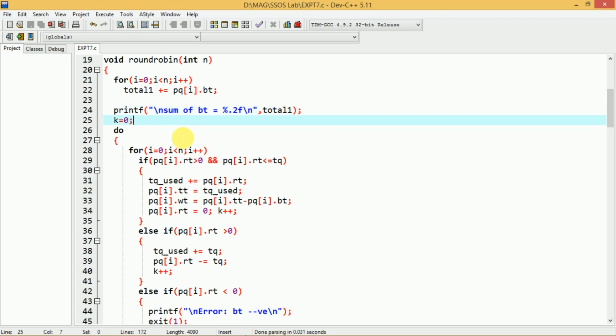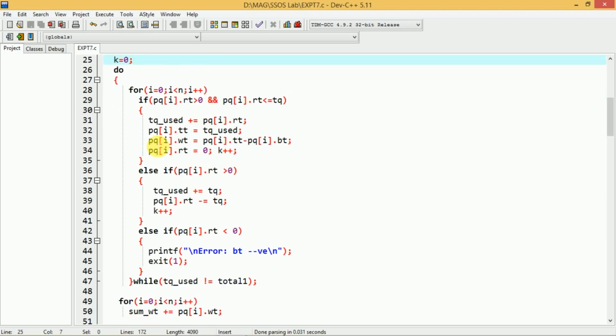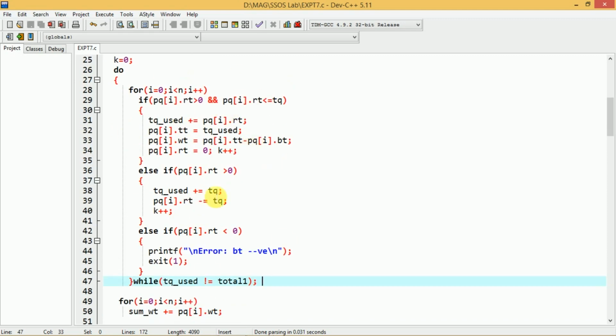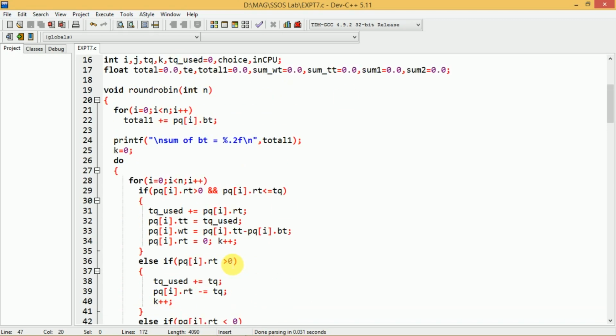After this, we initialize the variable k equal to 0, and then we use a do while loop. The do starts here, and the terminating condition is while tq_used is not equal to total1. Total1 is nothing but the total burst time. Until the entire burst time is exhausted, this do while loop will continue to execute, because tq_used indicates how much time the processes have been allowed for execution.